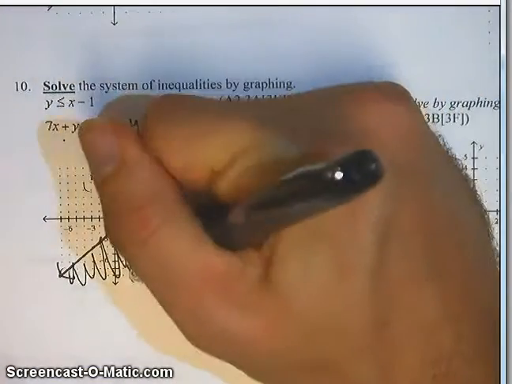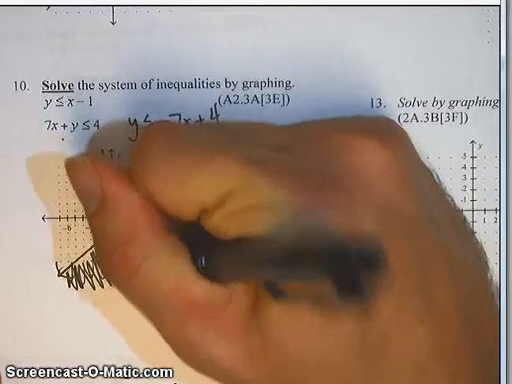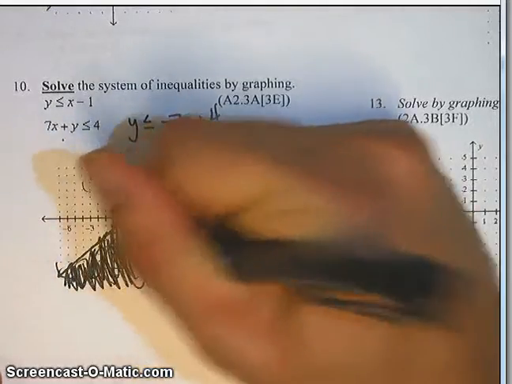And the question is, what's the double shaded region? And that's going to be this stuff right here. This is the solution space. Because I shade this region